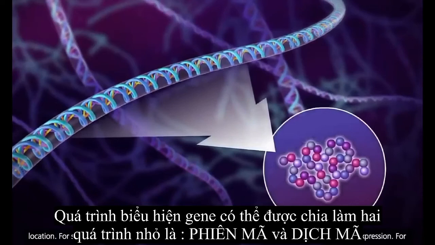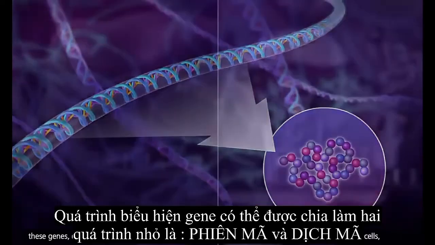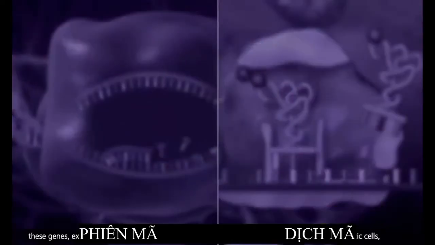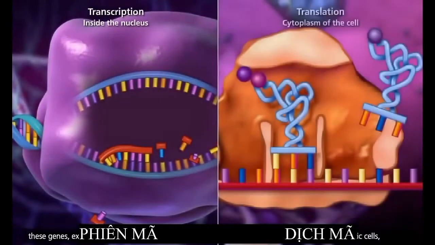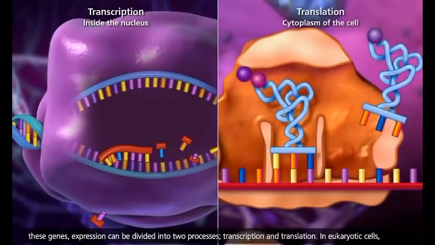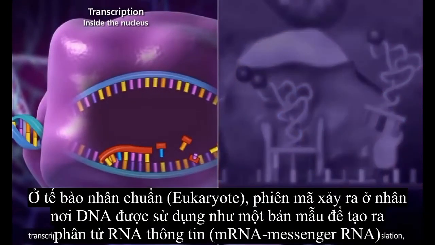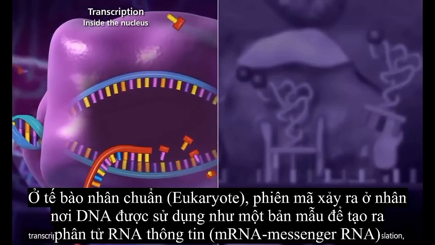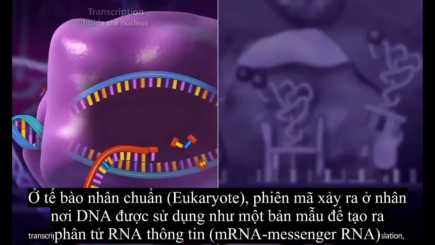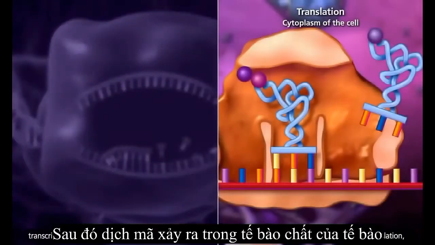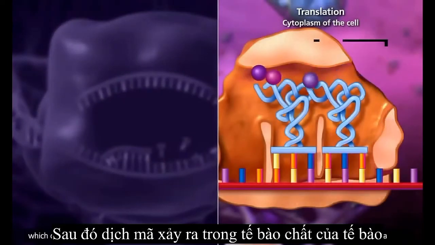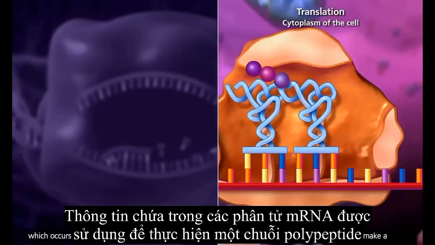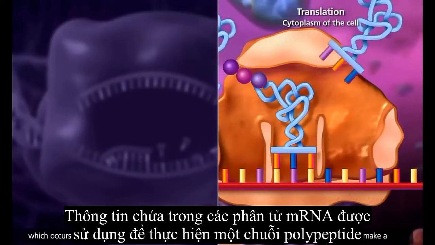Is used to synthesize a protein in a process called gene expression. For these genes, expression can be divided into two processes, transcription and translation. In eukaryotic cells, transcription occurs in the nucleus, where DNA is used as a template to make messenger RNA. Then in translation, which occurs in the cytoplasm of the cell, the information contained in the messenger RNA is used